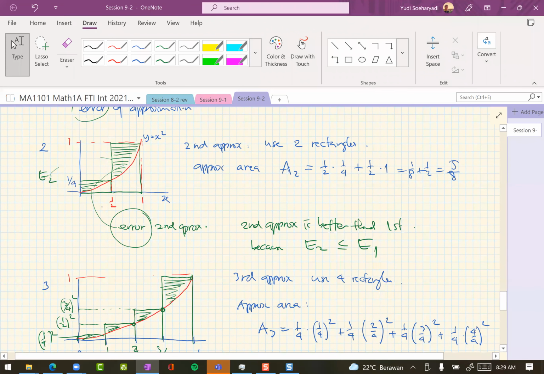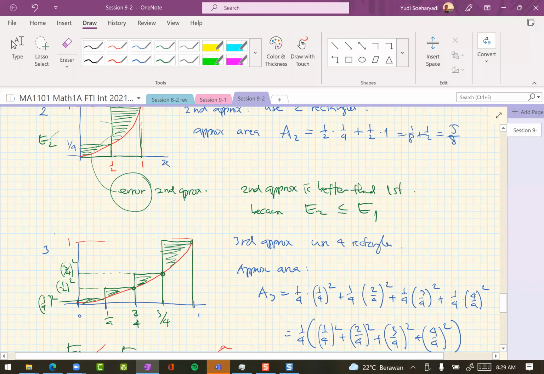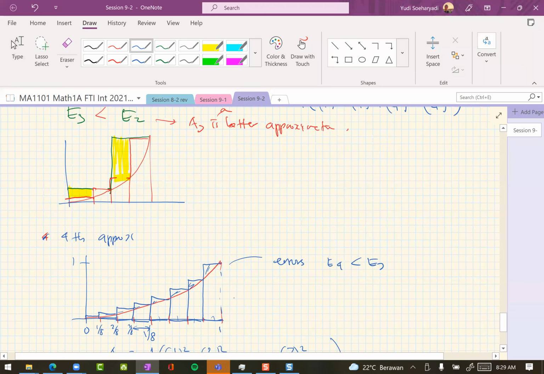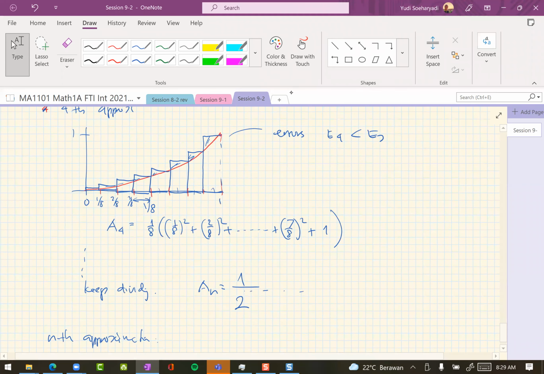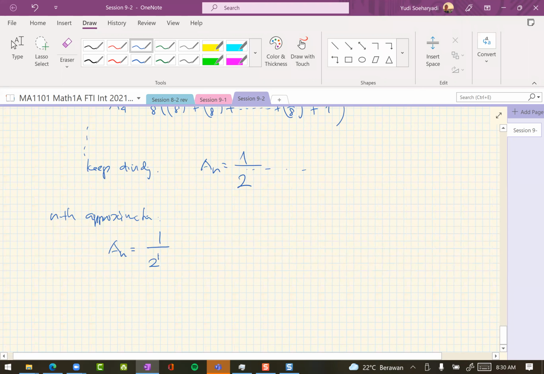Then the base length becomes 1/2. Here the base length, the third, is 1/4. The fourth is 1/8. 8 is 2 to the power of 3, right? It's going to be